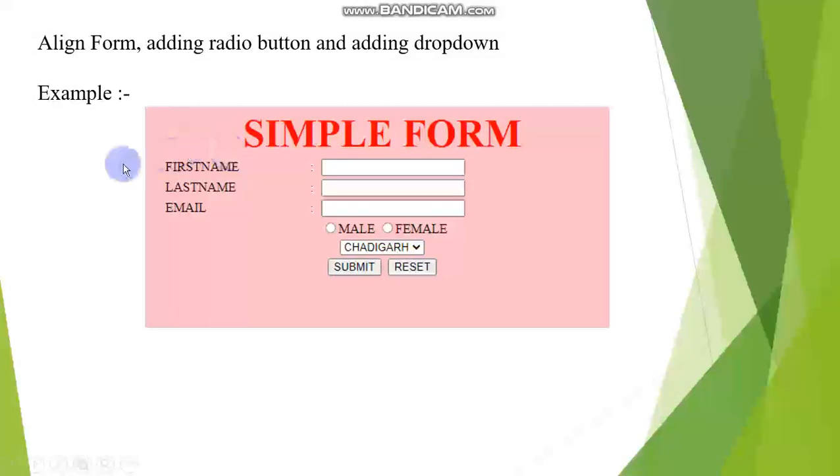Now if you observe it, it is properly aligned. It means these lines are coming in a proper manner, the text boxes are aligned properly, and here we are getting two radio buttons. Below we can see the drop down and the buttons, submit and reset.